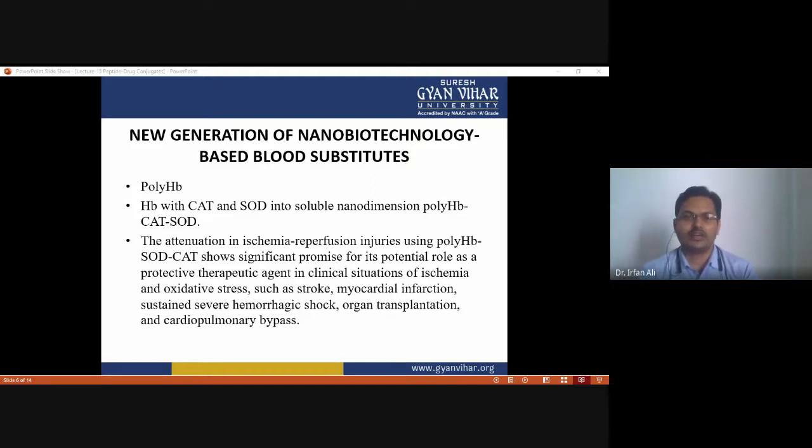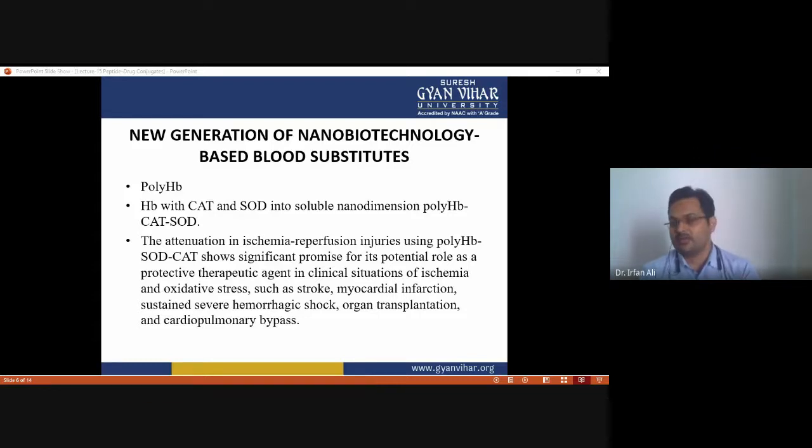Okay, so the increase in the water content of the animals treated with saline, stroma-free hemoglobin, polyhemoglobin, and the solution of free hemoglobin, SOD and catalase were significantly higher than those of animals in the sham control and the polyhemoglobin-SOD-catalase group by the fourth hour and increased thereafter, and is significant at the significance level,